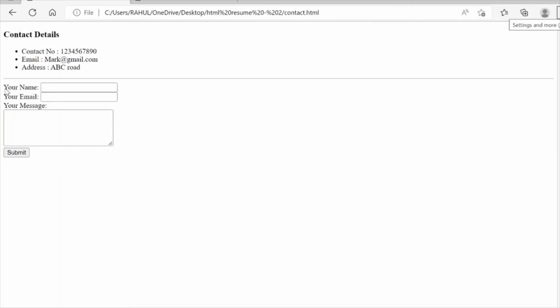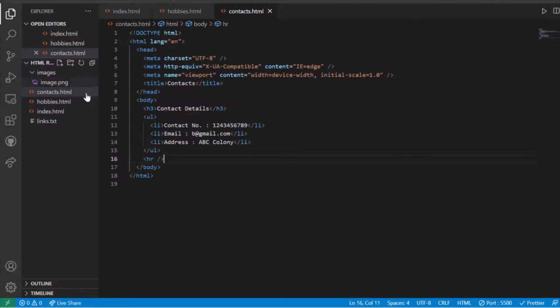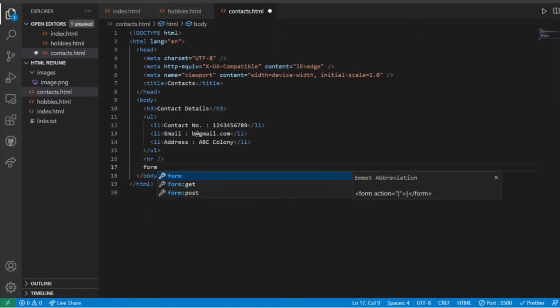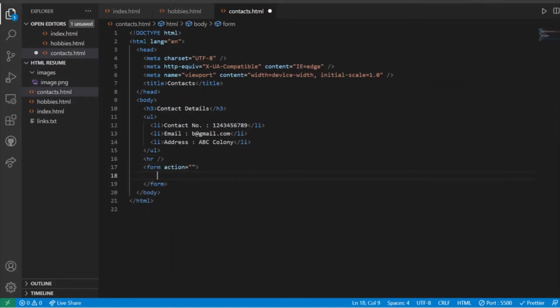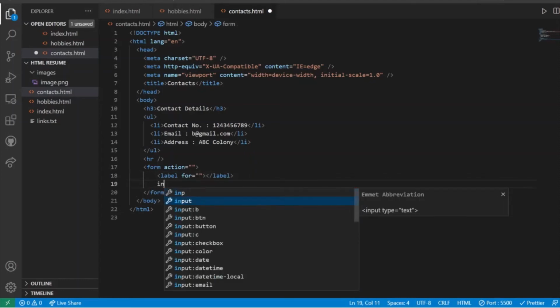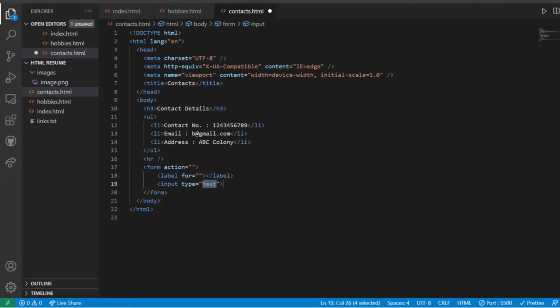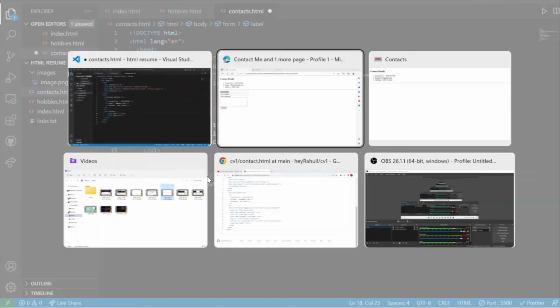So first of all, you can see that there is text, your name, right? So how to add that? We are going to make use of the form tag. Now inside form there are multiple things that we can attach. We can attach a label, and then we have something called input, right? Inside the label we can have the text that we need.